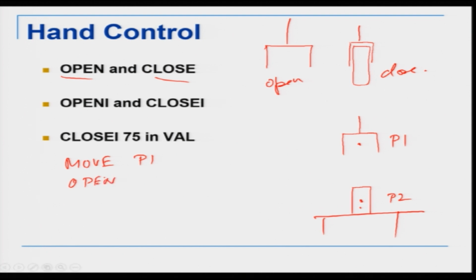Okay. So, the robot opens the end effector. Then I say moves P2. Okay. Then I say close. Okay. So, it catches the object. So, it comes here. Okay. Then it catches the object. So, I say close, and then I again say moves